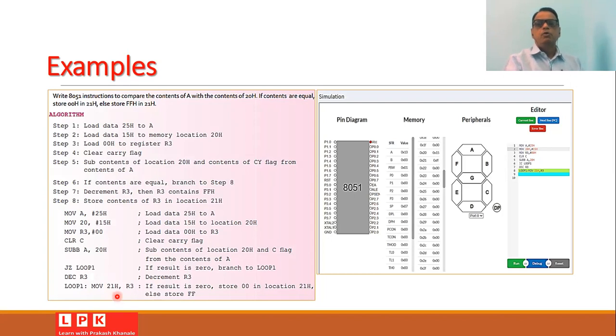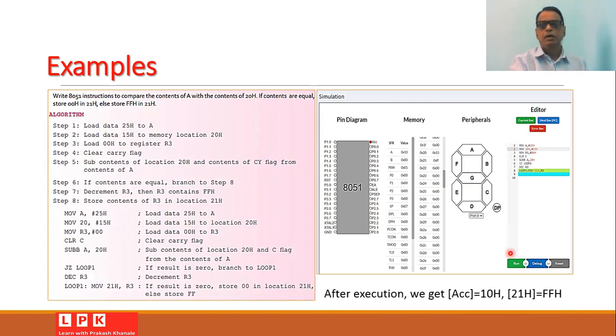So you can type this program by using an 8051 simulator, such as the Virtual Lab 8051 simulator. And when you type this program in the editor window, and when you run this program, if it is correctly typed, then it will be executed. And after the execution of this, you will get the result.